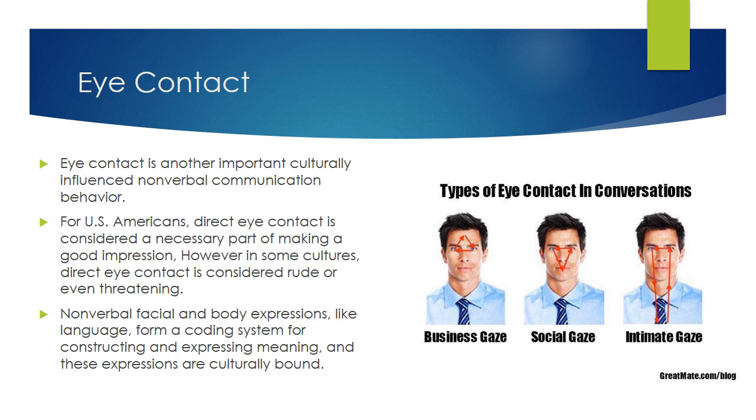A social gaze is you're gazing or looking at them, their eyes, their nose, their mouth. In an intimate gaze, and this is one where we are thinking of romantic things, to put it lightly, the gaze goes from up at the eyes down as far as we want it to go down and then back up again. So the idea here is the intimate gaze takes that long look down your entire body.